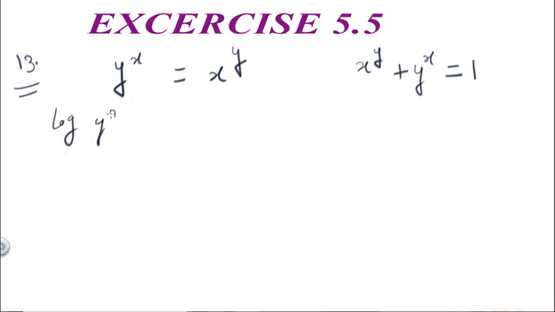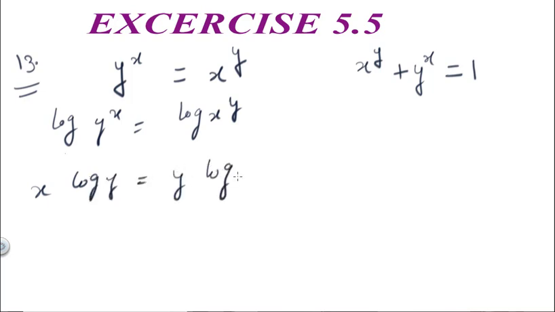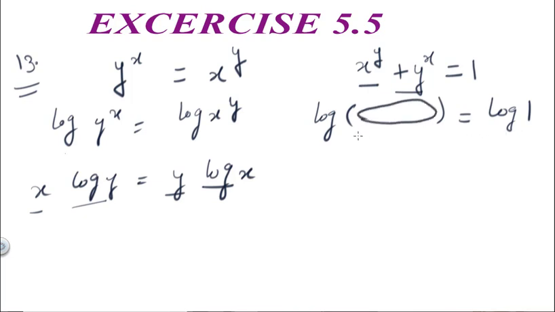Taking log on both the sides, we have something like this. Here we can use the property of log: it will be x log y, and here it will be y log x. So we can apply the product rule on both sides and differentiate with respect to x. But here we can't take log in the equation itself, because we would get log of a plus b equal to log of 1, that would be 0. You won't have any property of log to apply. So in these equations you can take logarithm on both sides, but not in those equations, right? So 13 is to be done in homework.